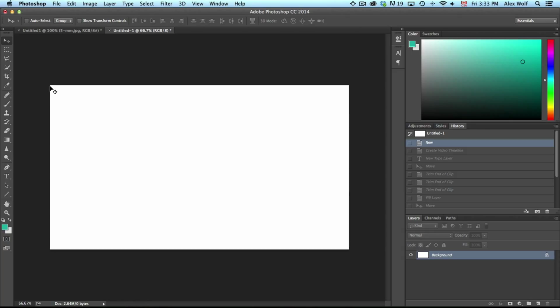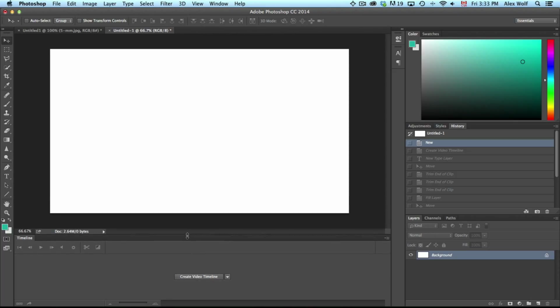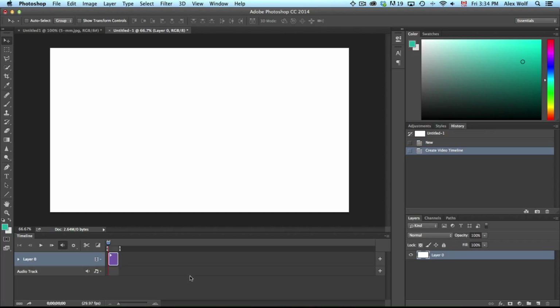This is a new document I started, 1280 pixels wide by a height of 720 pixels. I made it that size so it's the proportions of an HD video. And now you just hit Window and Timeline to pop open your timeline. I'm going to hit Create Video Timeline. It creates a timeline, and each layer gets a separate